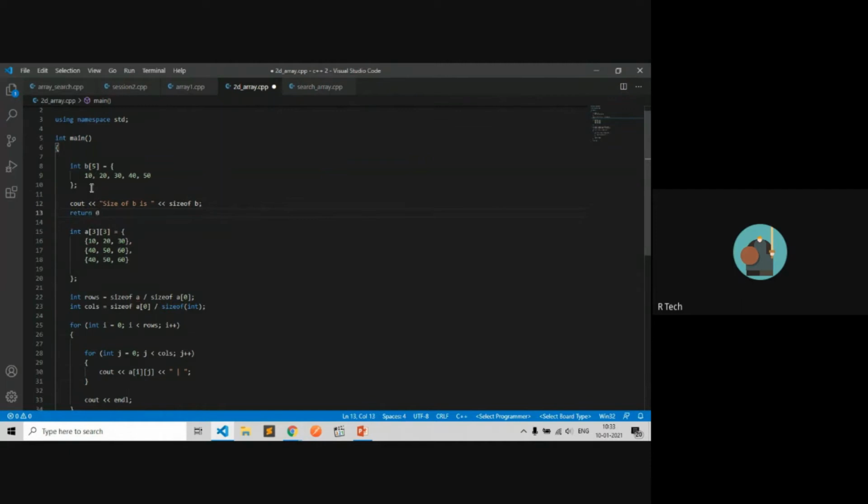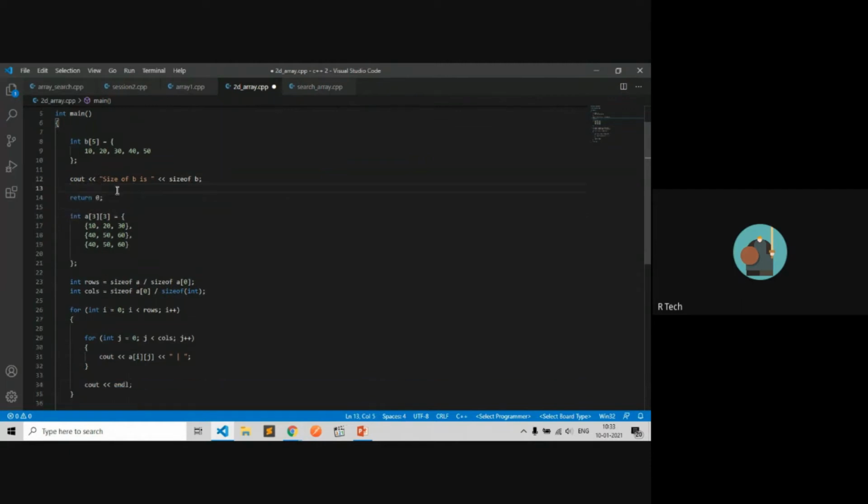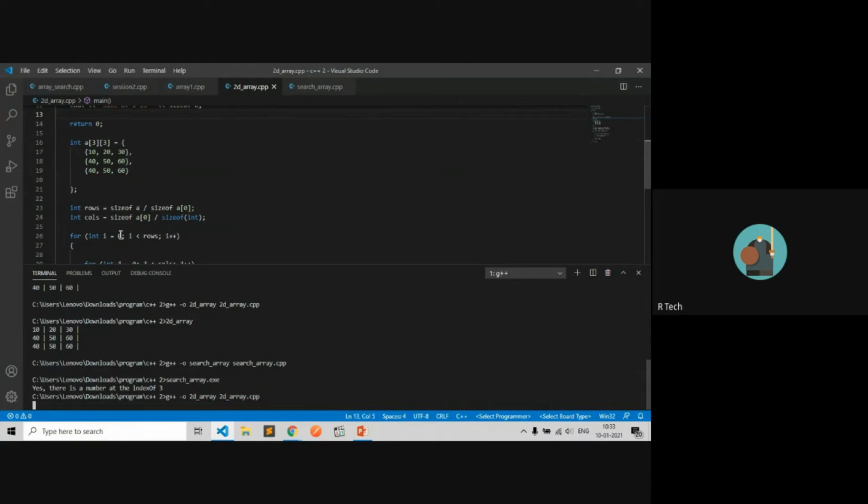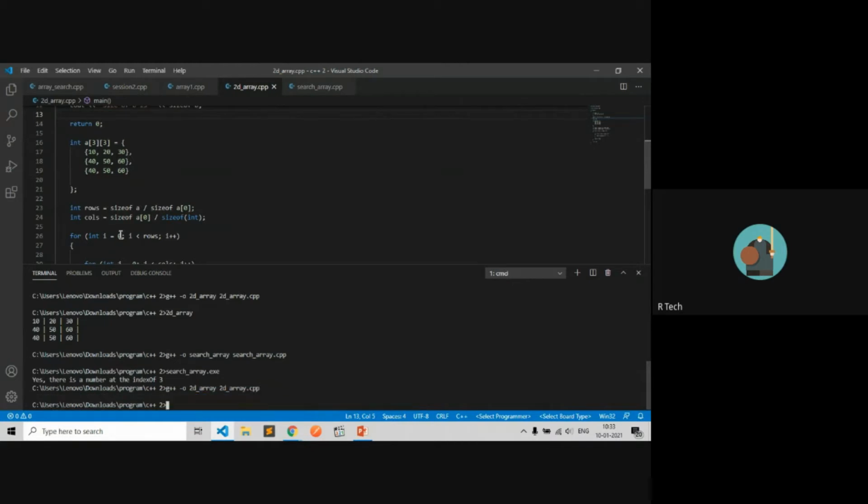It will not execute the further program. I think it will return a compile time error. No, return error.